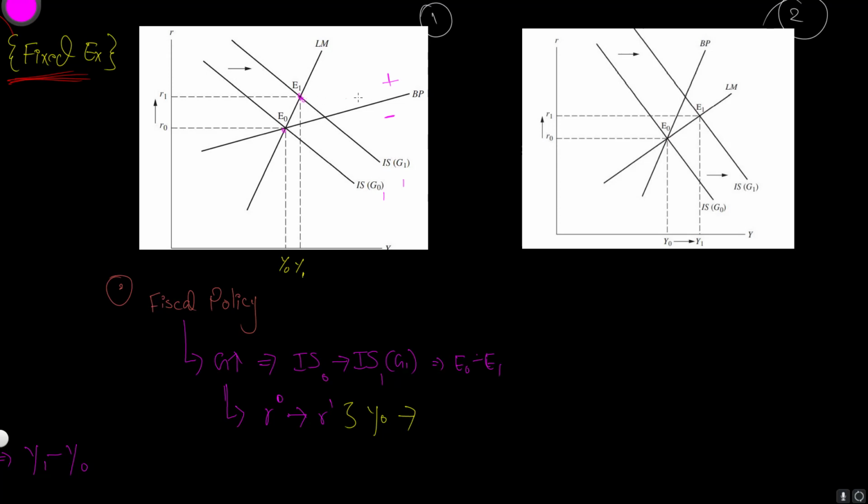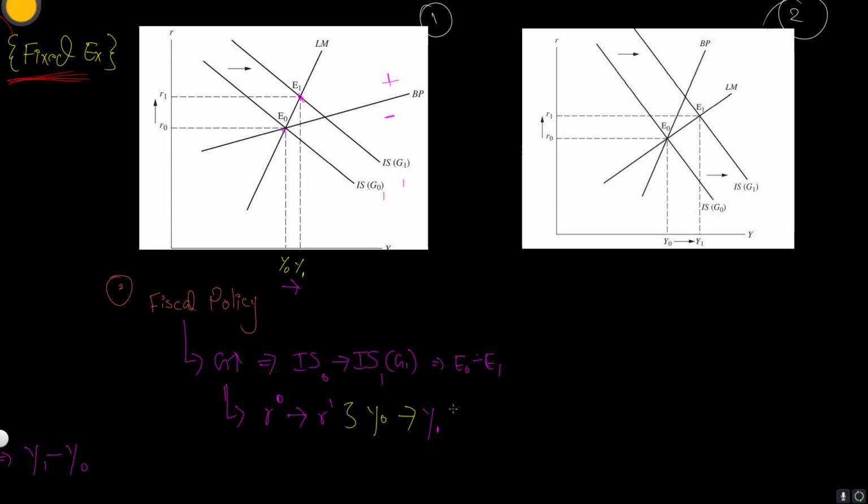E1 is above the BP line, so we are going to have a balance of payment surplus. Since we have a balance of payment surplus, the currency is going to appreciate. Since we have a point above the balance of payment line, the currency is going to appreciate. So initially we would have a movement from Y0 to Y1, but then the government is going to intervene because